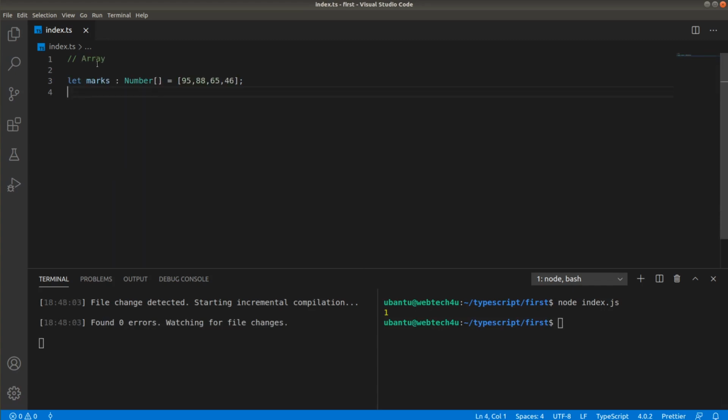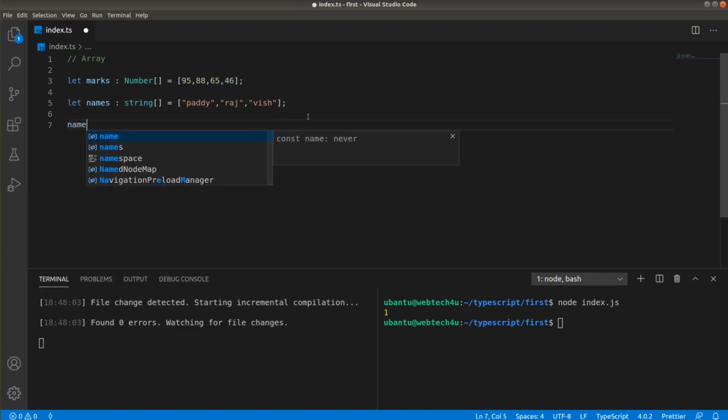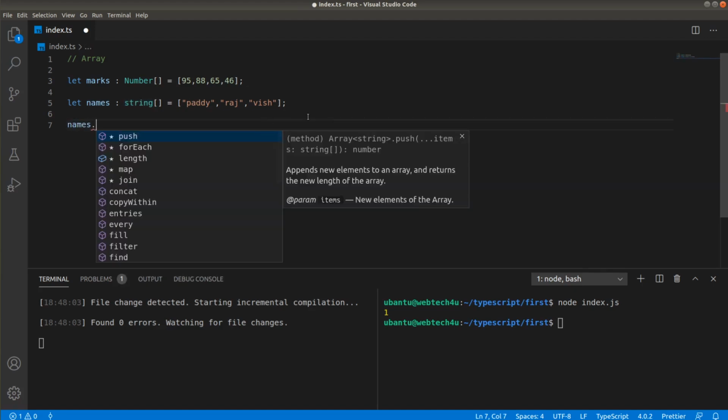The last type remaining is array. You can declare an array in TypeScript like this. I have specified a variable named marks here, and I have used type assertion to declare it as an array; we have declared a number array. You can declare any type of array in TypeScript like this. Suppose you want to declare a string array, you can declare it like this. I have specified names, the type of that array is string, and I have stored all the string values into that array. Suppose you are trying to access the methods available for that array, you can access all of them. If you are curious about the different methods available for arrays, you can check out my tutorial on array methods.